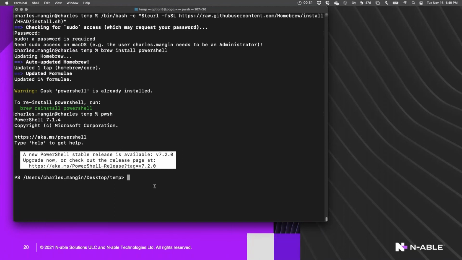Now, a lot of the things like environment variables, anything that deals with the registry, or anything that deals with specific hardware like disk encryption, that sort of stuff, that's not going to work.